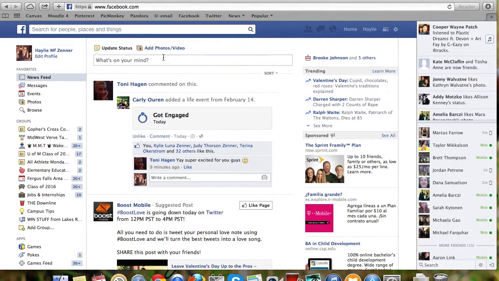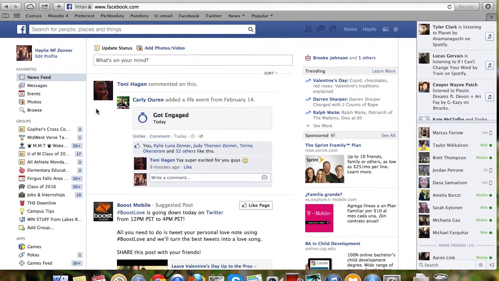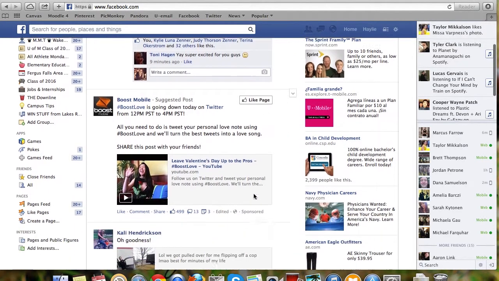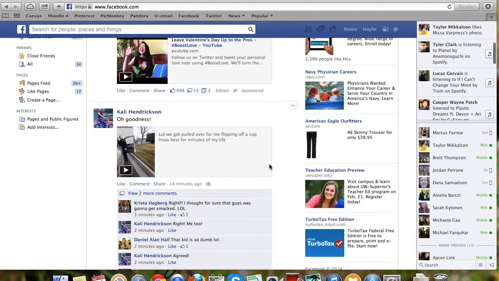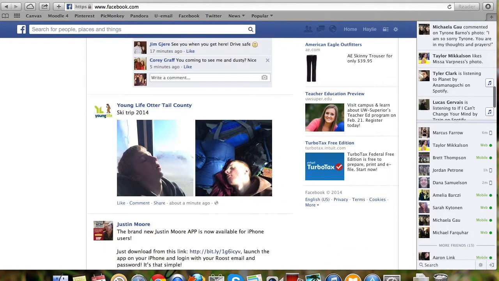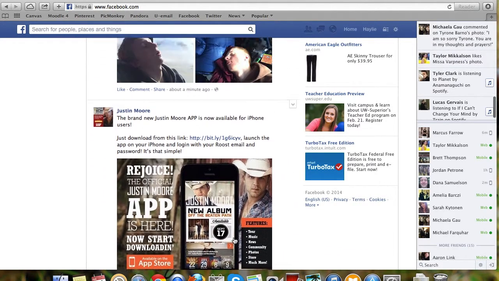Also, you have to the left your profile, your favorites, and things that I feel like people mostly look at. One thing that I would change most about the homepage would be the amount of advertisements, due to the fact that I feel like a lot of these take up space of what you're actually wanting to look for in Facebook, whether it takes over space for statuses, pictures, or uploads by friends and family.